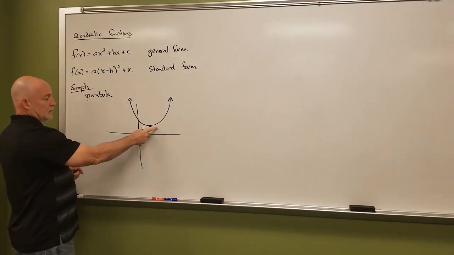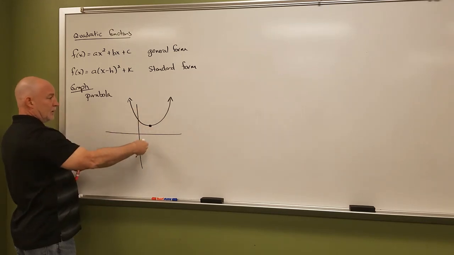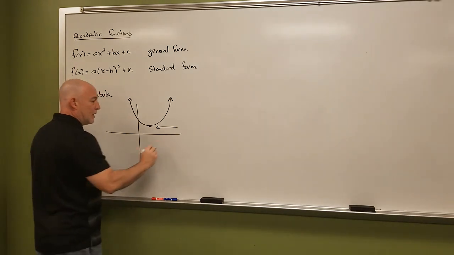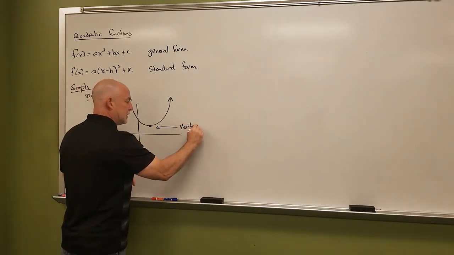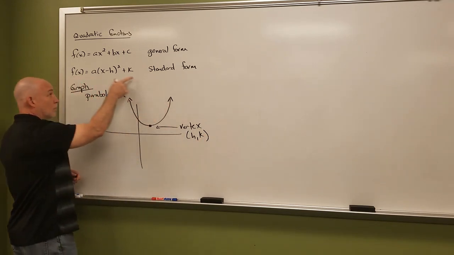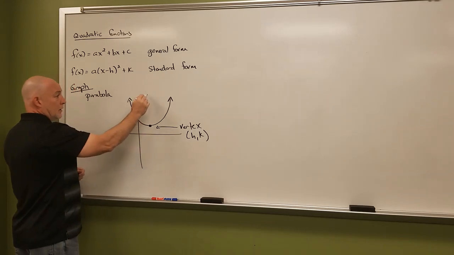Now, it's either going to be the bottommost portion of the graph, if the graph's facing up, or if this is upside down, it'll be the top point on the graph. This is called the vertex, and this is going to be the point we're going to call (h, k). Now, these letters, of course, match the ones up here. Also, a parabola